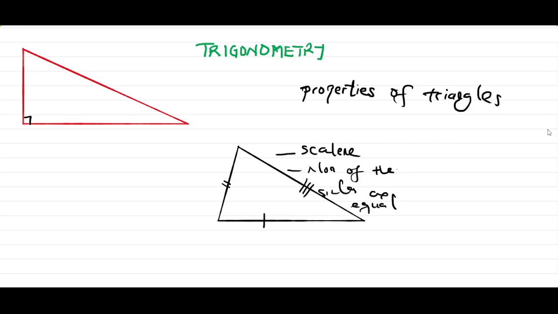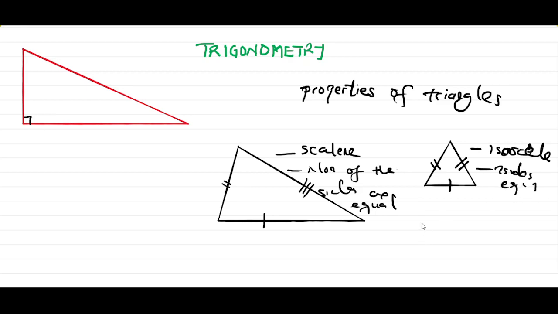We may also have other triangles. It may happen that at least two sides are equal and then the third side is different, so we may label here this way, like 1 and 2, and then this shows that these two sides are equal but this third side is different. This kind of triangle we call isosceles, where in this case two sides are equal,